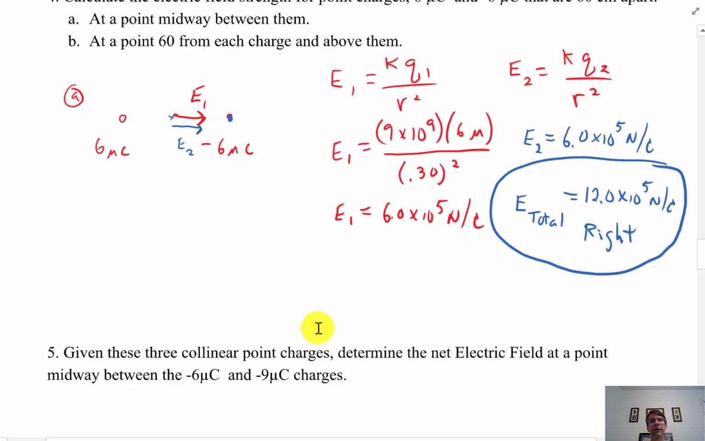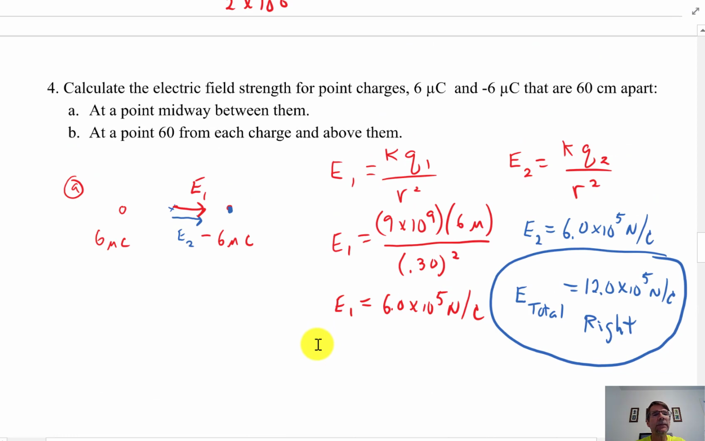Now this one's a little bit harder. Part B is harder, so let me do part B. It's quite a bit harder, as you'll see. In part B, I may need to erase parts of part A. So we have our 6 micro. Oops, that's not negative 6. The one on the left is the positive 6 microcoulombs. And then we have our minus 6